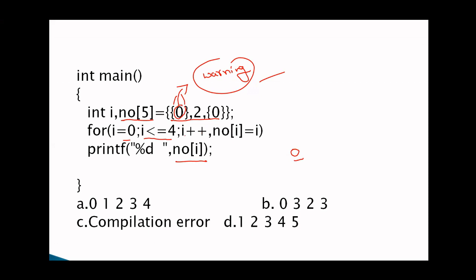Now move to the update. In the update, you can write these two statements. Remember, you can write any number of statements. In the update, I am using two statements. First statement, i plus plus, that is i value becomes 1. So number of i means number of 1. So number of 1 is equal to 1.